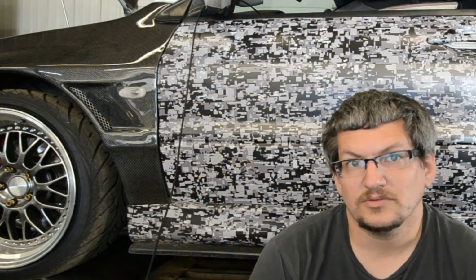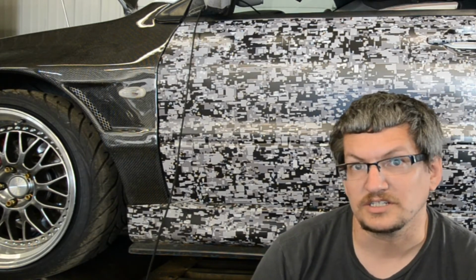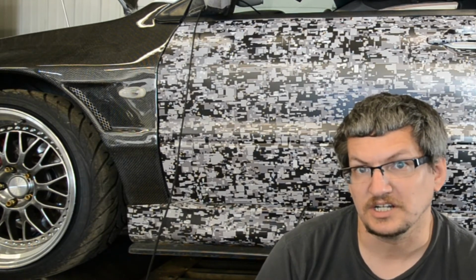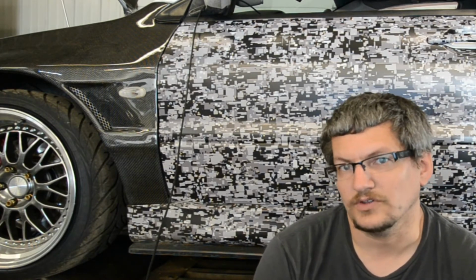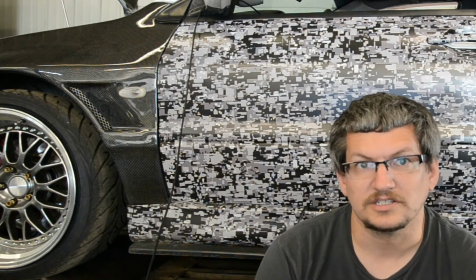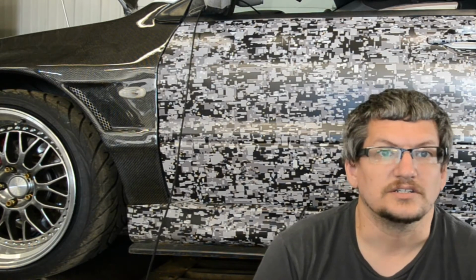The first pulls we did with this car, we did some baseline pulls with the tune that was previously in it. Now when we did the return style system, we didn't change injectors or anything like that, so it's still the same injectors. Essentially all we did was turn off any of the codes in the computer that were related to the voltage module for the non-return style fuel system, and did baseline pulls. So you can see the baseline pulls here